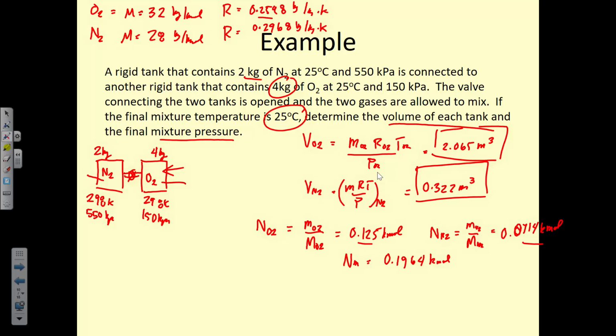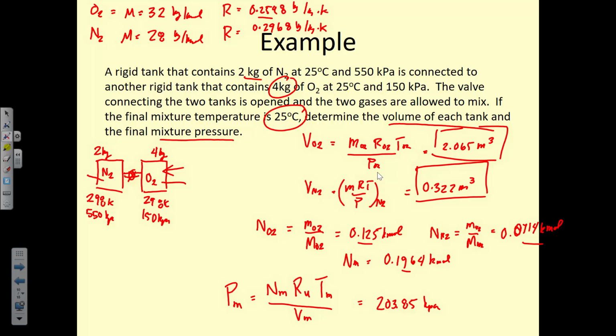So now to determine the pressure of the final mixture, we're again applying the ideal gas law, but this time we're using the molar number of the mixture, the gas constant, the temperature of the mixture, and the volume of the mixture. So to find the final pressure of the mixture, we plug in all of those numbers, we find that it's 203.85 kilopascals. And you just use the volume of those two added together, right?